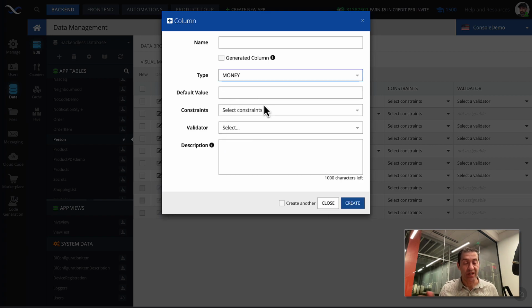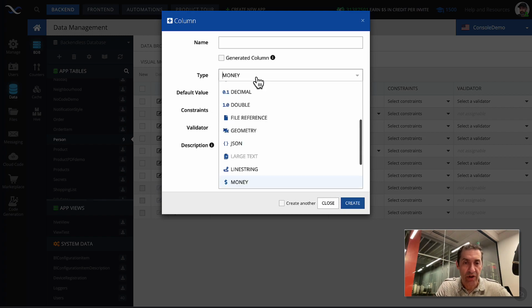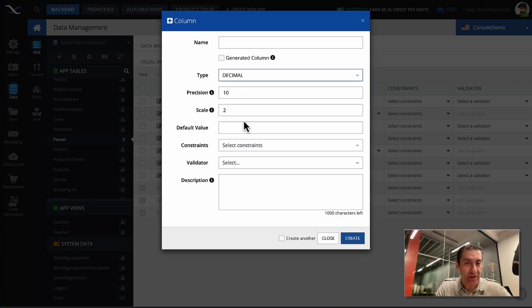In this case, you don't set precision, you don't set scale, and those are going to be assumed by the system because internally it will use decimal with 10 and 2 for the configuration. So whether you go with money or if you go with decimal, the default setup, it's going to be identical.